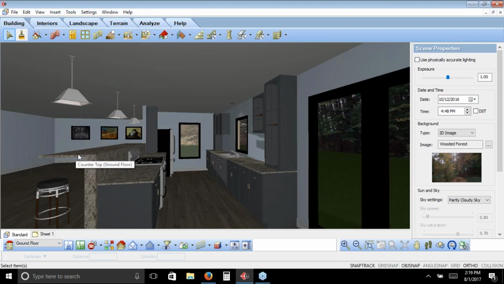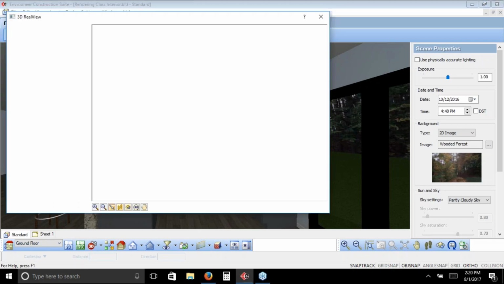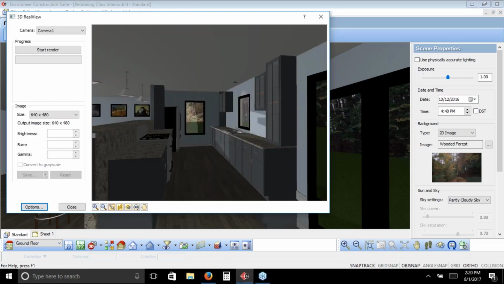that are there. Once you're happy with the way the sun is casting in and you can see that in your space and the lights that you have there in the materials, then it's time to go up to the View pull-down menu and choose Render 3D Real View. And when we're in the Render 3D Real View dialog box,